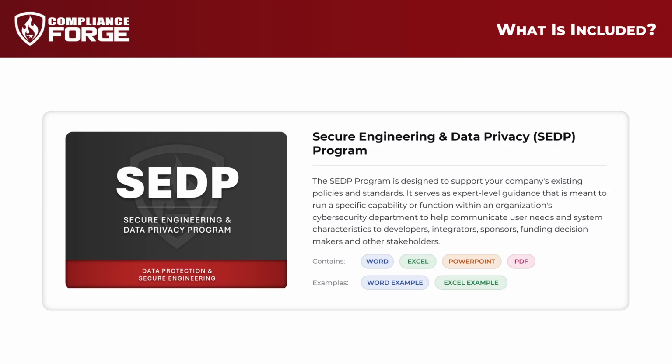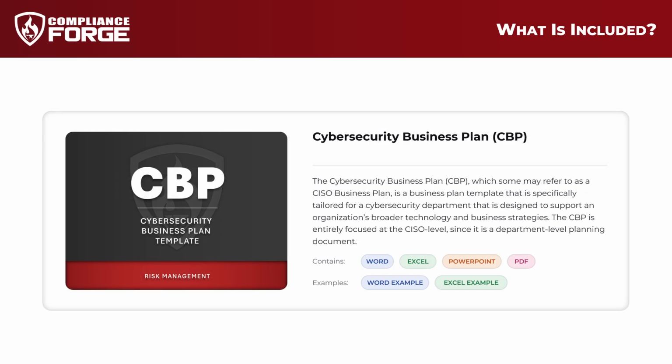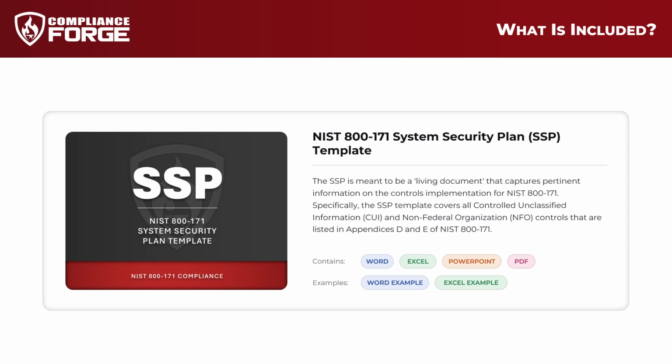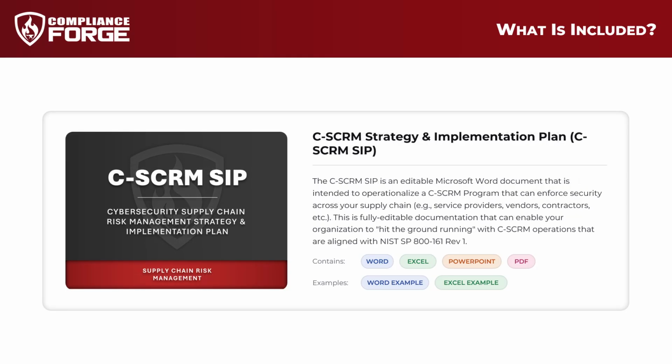The 10th is the Secure Engineering and Data Privacy Program, which serves as expert-level guidance to run a specific capability or function within your cybersecurity department. The 11th is the Cybersecurity Business Plan, the business plan template tailored for a cybersecurity department. The 12th is the NIST 800-171 System Security Plan template, the living document that captures pertinent information on controls implementation. And the 13th is the CSCRM Strategy and Implementation Plan to operationalize a supply chain risk management program aligned with